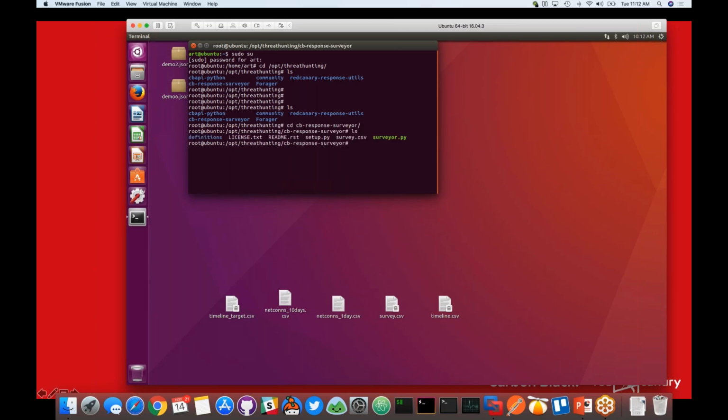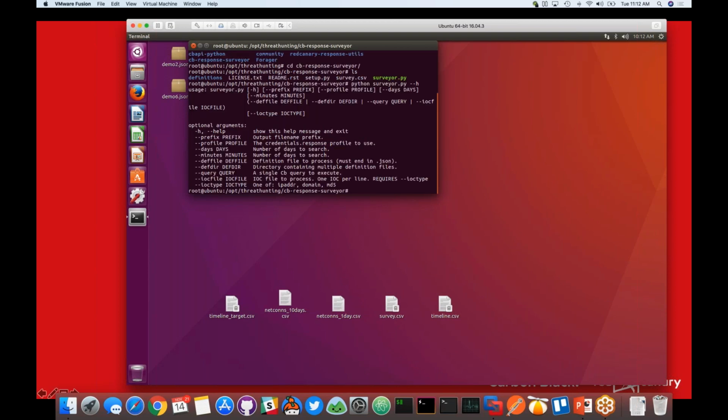Surveyor is a tool that, like I mentioned, we use for baselining organizations. If you have your API environment all set up, pip install cbapi, Surveyor will go through a bunch of definition files, and I'll bring one up here in a second. A definition file is literally just a list of processes that you want to look for. You can codify it to be processes, command line, pretty much every variable that you can think of within Carbon Black, you could add into your definition file.